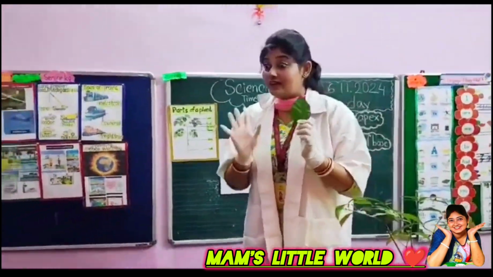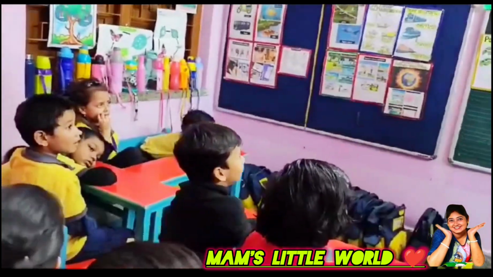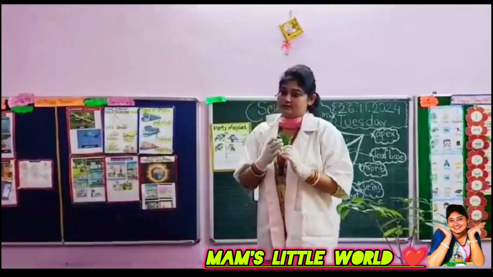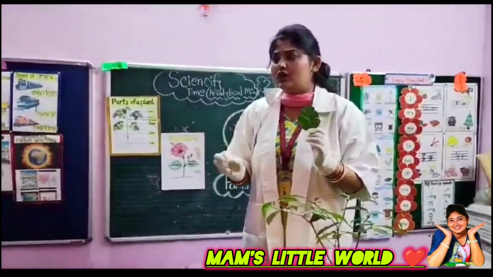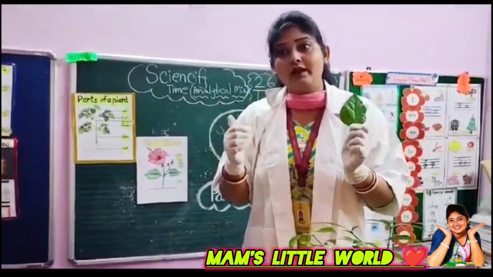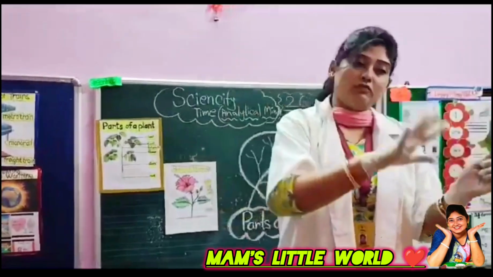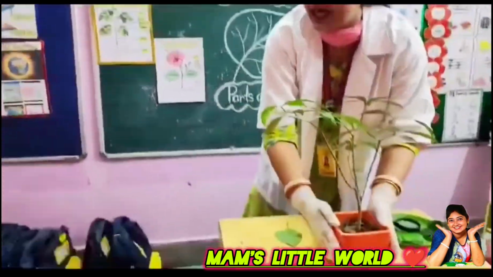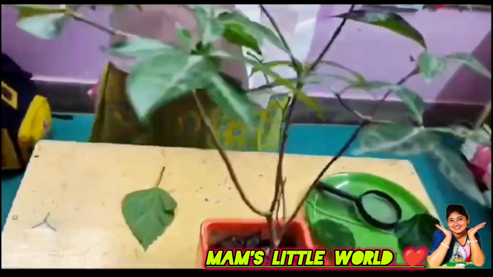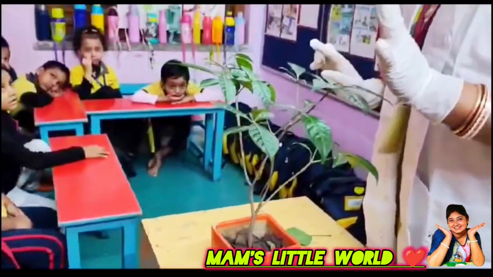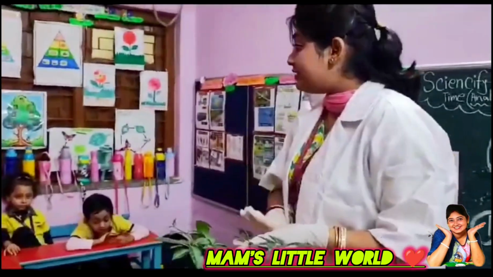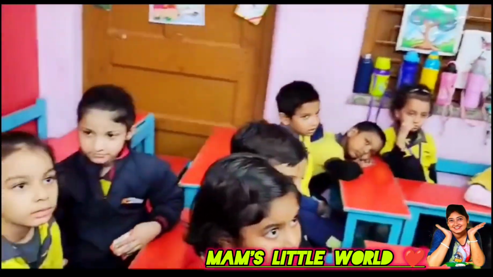But when we turn off the light, then it will change color. Very good. When plants cannot get enough sunlight, the color of the leaf will change into brown or yellow because leaves cannot produce chlorophyll without sunlight. If we put this plant in a room and close all the doors and windows, will the color of the leaves change or not? Yes, because enough sunlight cannot reach here. That's why the color of the leaf will change.